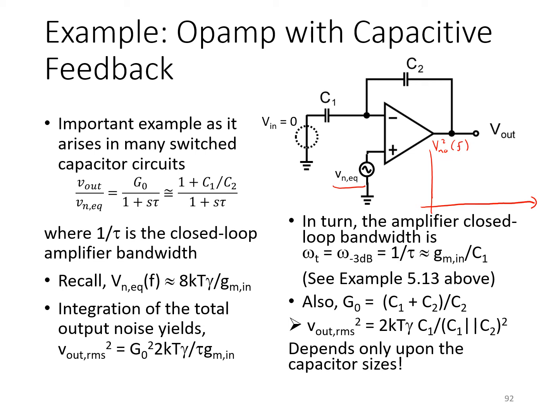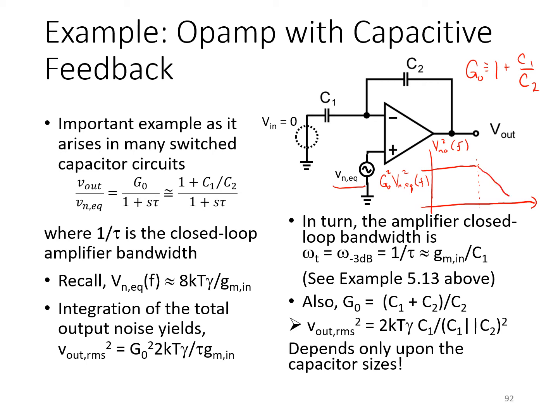we can sketch here would be equal to the white input referred noise, VNEQ squared, times the gain of this stage, which we will call G0 squared. Now the DC gain of this stage is simply that of a non-inverting configuration, 1 plus C1 over C2. So at the output, we see that level of thermal noise, essentially the input referred thermal noise amplified by the gain of the feedback amplifier, up to the bandwidth of this